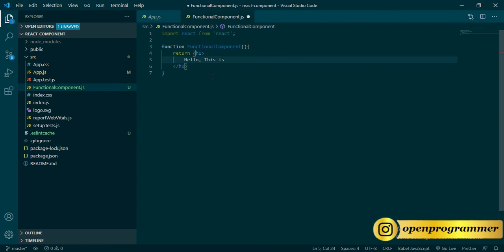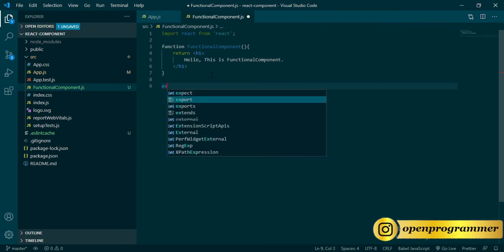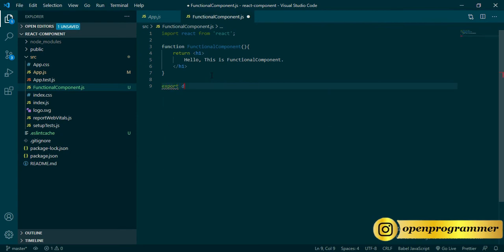This is functional component. Alright. After the function body, we need to export it. Export default and the component name. For now, we are using functional component. That's it. Let me save the file.